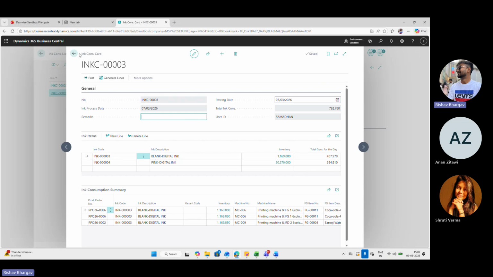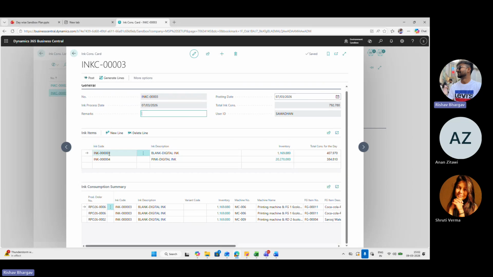So in the ink consumption card, we see that ink 3 and ink 4 are used. By clicking on the ink 3 line, we select the ink consumption summary. There are 3 RPOs where this ink will get consumed.